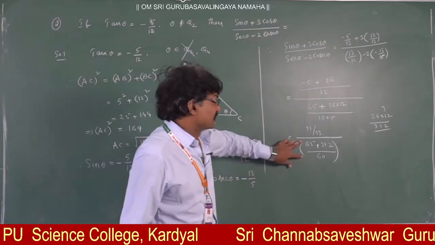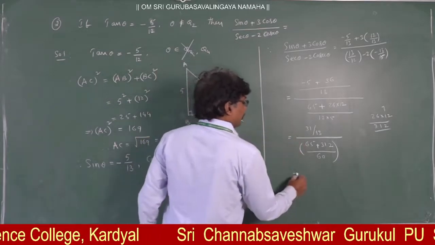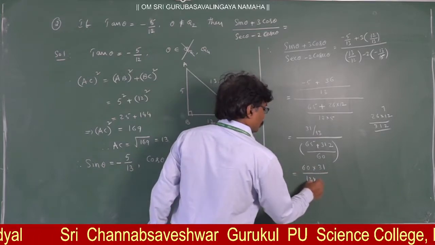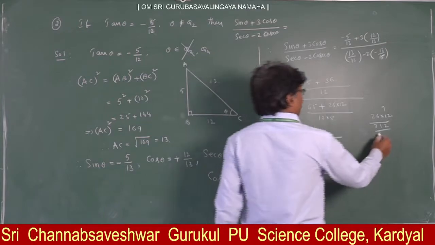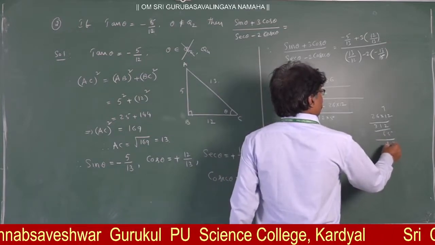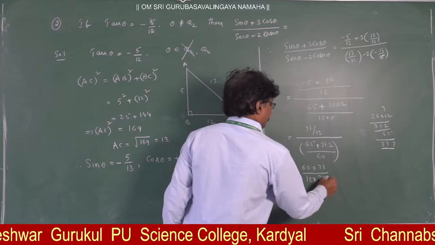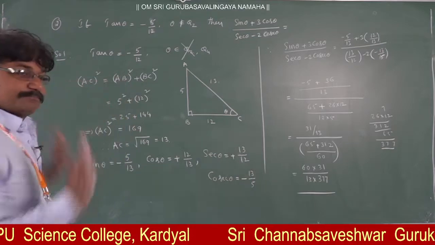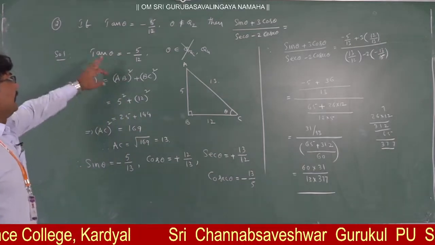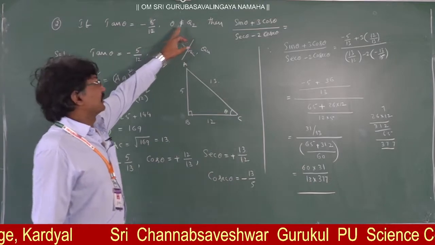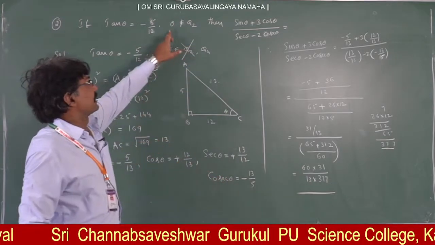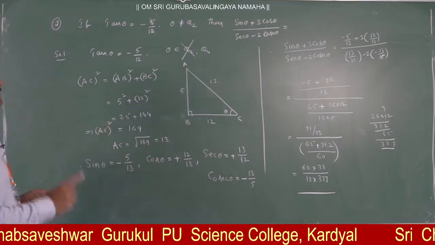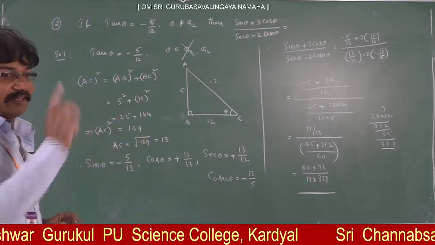Now, denominator, fractional value, it will be reciprocal. That is equal to 60 into 31 by 13 into, next, 65 plus 312, that is 377. So this is the value. Method is this one. Main concentration on quadrant. Theta does not belong to the second quadrant, automatically theta belongs to the fourth quadrant. Identify the functions and write that value.